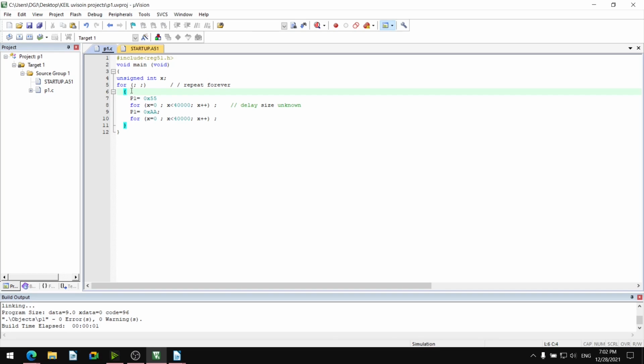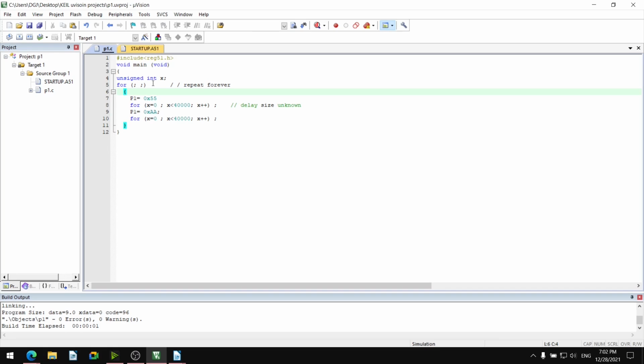So for infinite loop, for semicolon semicolon, this makes the block of instructions because there is no semicolon after for round bracket, isn't it? After for round bracket no semicolon is there.